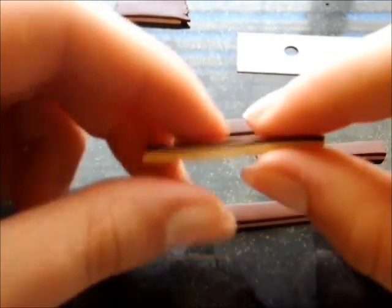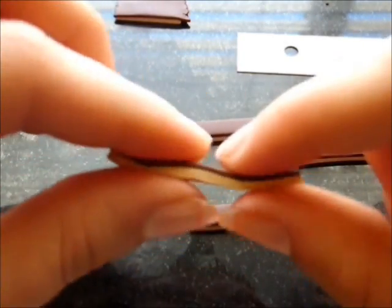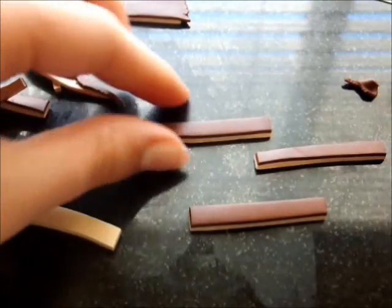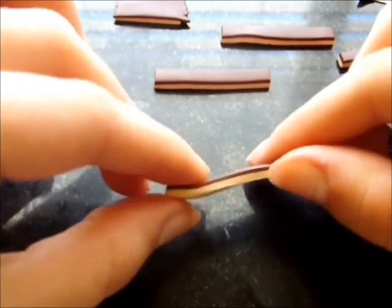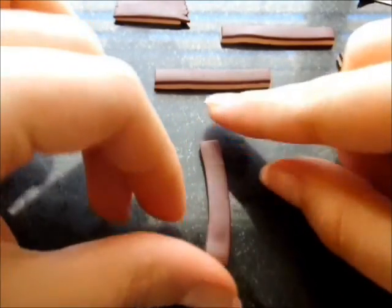Okay, so now that I have my strips of clay, we are going to continue making them into the cinnamon bun shape. So what you want to do is take one of the strips. I got 4 out of my square, but you may get more or less depending on how much clay you used. So you want to take one of your strips of clay, and you're just going to kind of